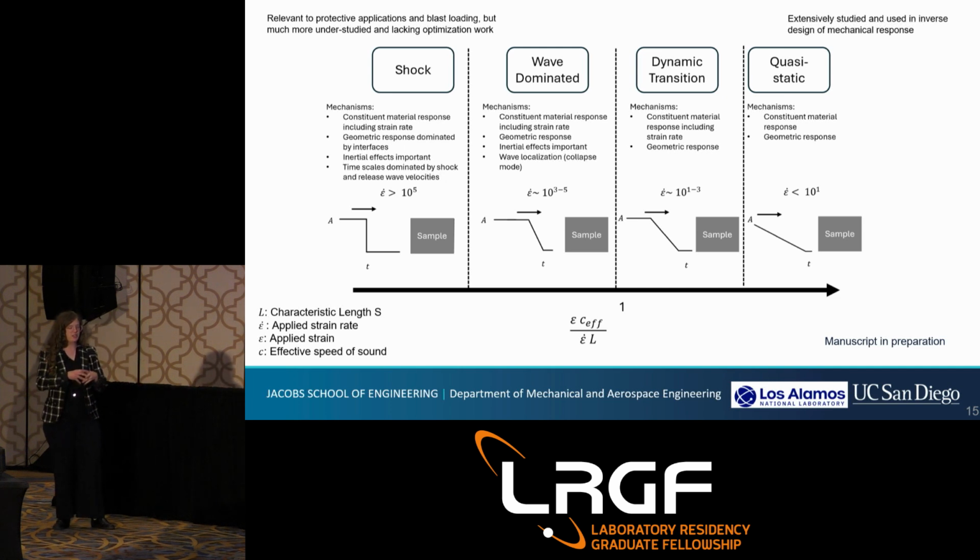But one of the takeaways we're hoping to have with this is to map out what these different behavior mechanisms in these different regimes look like, and do it in terms of our dimensionless parameter here, so we can have a better prediction of what effects we need to deal with in the optimization attempts at different conditions. And so you can see when you have, to the right here, a very, very high dimensionless parameter, you're very much in the quasi-static regime, and as you start to lower that, you enter some sort of a dynamic transition